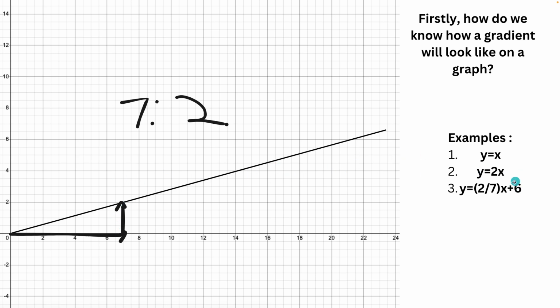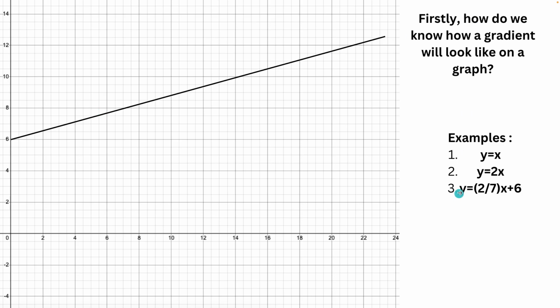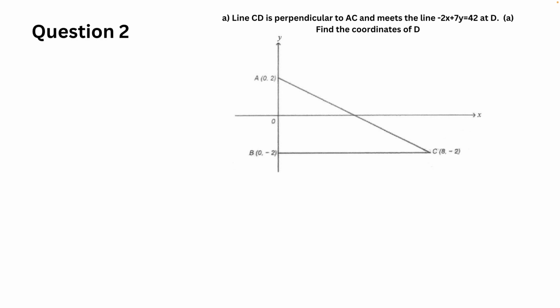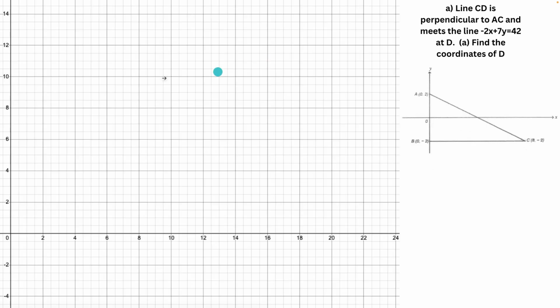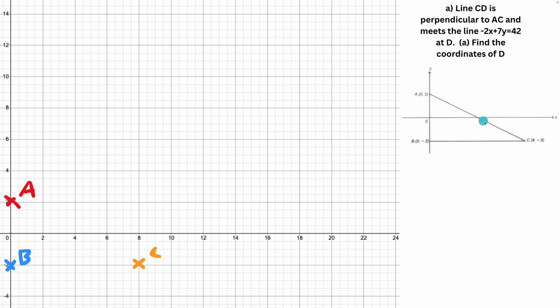And at x equals 0, y is 6. We move it up to 6. And this is number 3. So now let's get back to the question. Line CD is perpendicular to AC and meets the line negative 2x plus 7y equals 42 at D. Find the coordinates of D. So let's pull out our graph and plot ABC. Now we draw the line negative 2x plus 7y equals 42, but we need to make it into